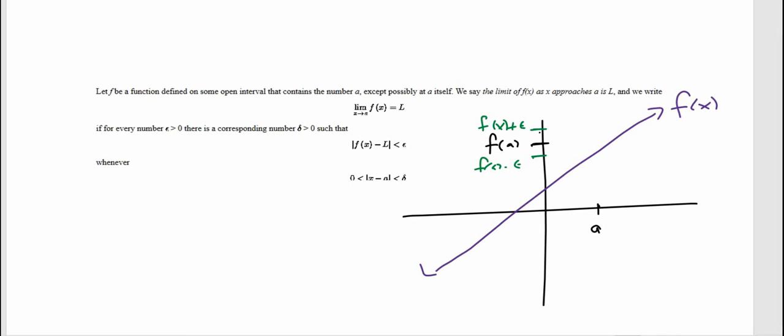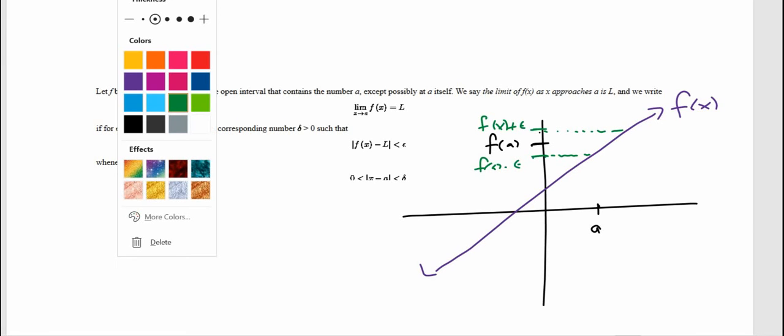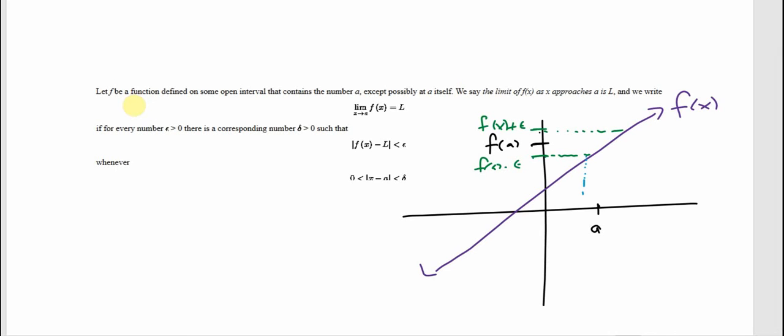If you pick any value you want for epsilon, whether it be a billion or 0.0001, doesn't really matter, okay? If this y coordinate is always between there, then there has to be some x delta,